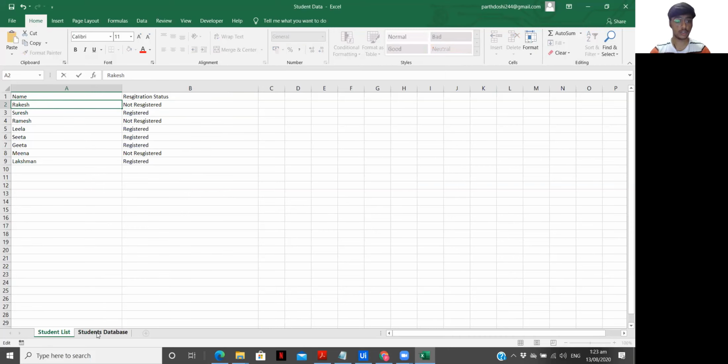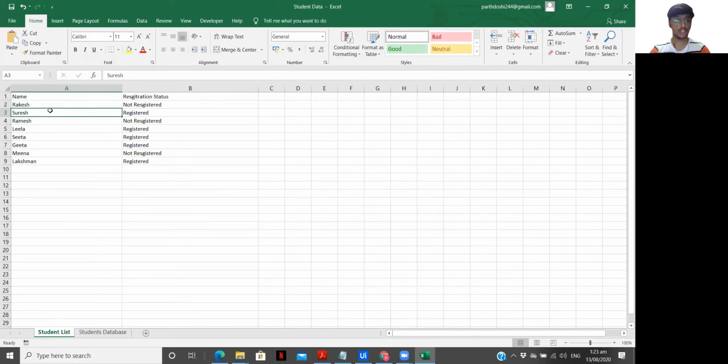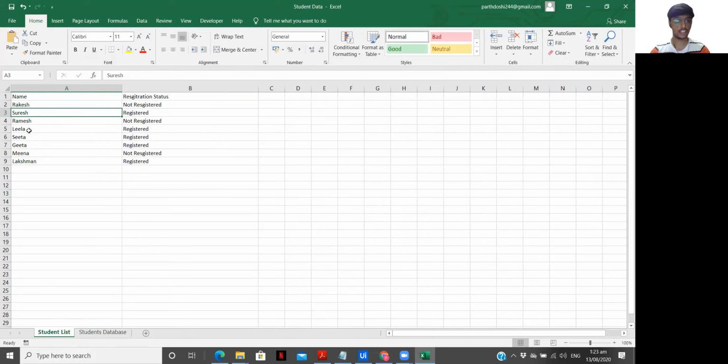Because there was a space over here, and here if you see there is no space, so that is why it came that way. Suresh registered. Okay, we can see Suresh, Leela, Geeta, Sita and Lakshman are registered. Meena is not there, Ramesh is not there, Rakesh is there, but just because of the typo error we couldn't see the registered thing over here.